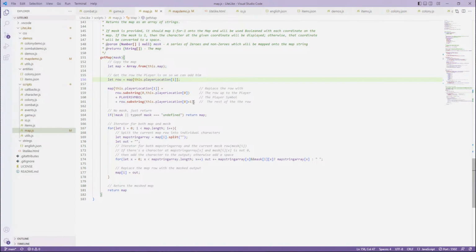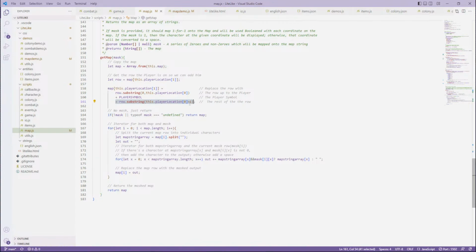But since we're not doing that right now, because it's just straight up an array of strings, we do have to manually recreate the string with the player symbol in it. So we take the substring up until the player's location, 0 again being our x coordinate being the index of the row, toss in the player symbol, and then grab the rest of the string